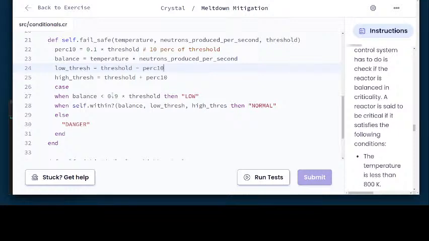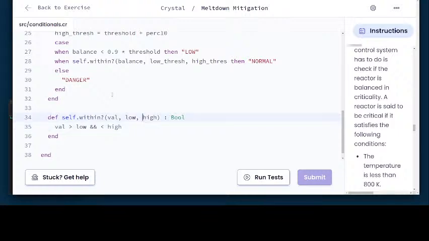Low thresh, minus percent 10. I don't really see any value in just like, yeah, 10% of threshold. I don't even want that anymore. So case, when balance is that, then low, then normal, danger,